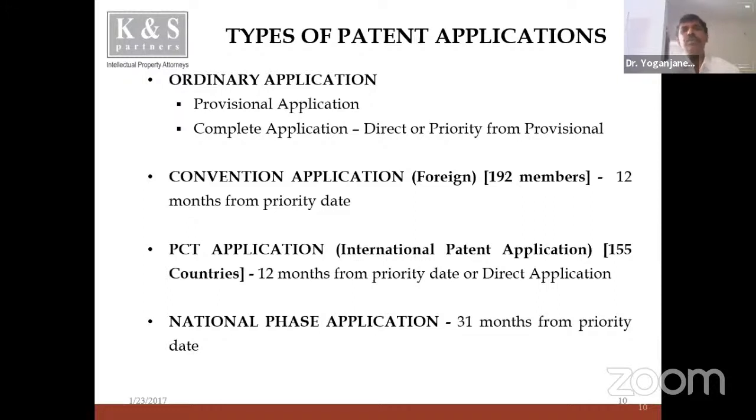During that time, the applicant can assess the commercial value of the patent in each and every country, and wherever he finds that there is a potential value for his innovation, in those countries he can go for filing an application, because there is no meaning in filing applications in all 155 countries or 192 countries, because patent filing is an expensive process. He has to be selective while choosing the countries. Wherever his invention has potential scope for commercialization, there only he can file the patent application. Accordingly, this PCT route will provide additional time for the applicant to identify the countries wherever he can file his application.